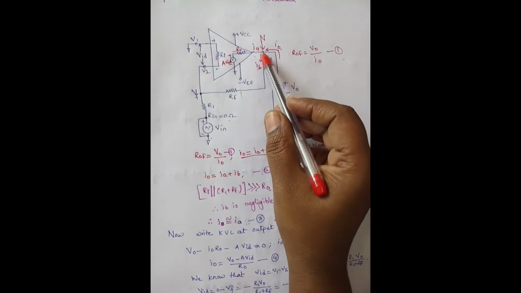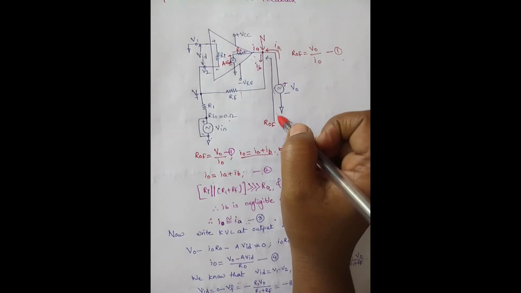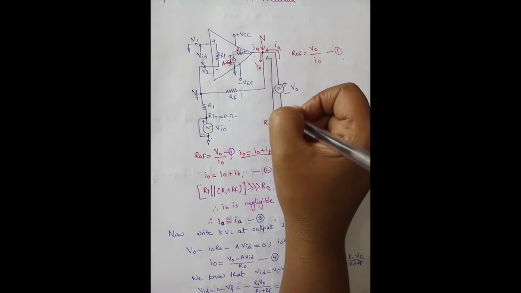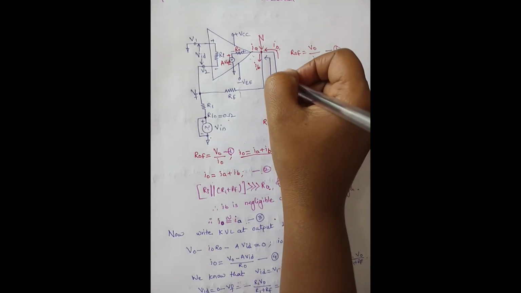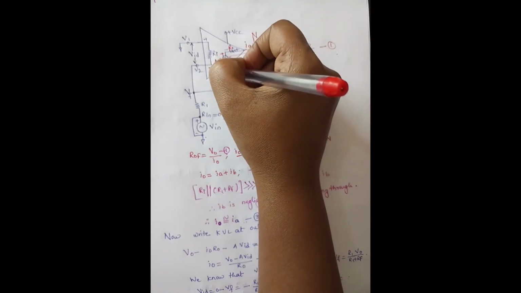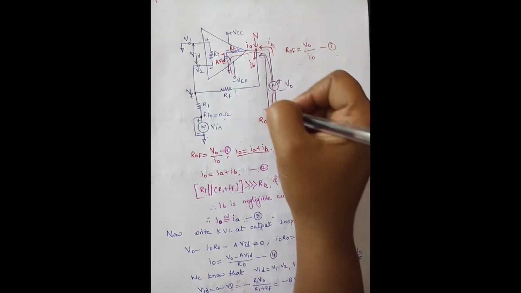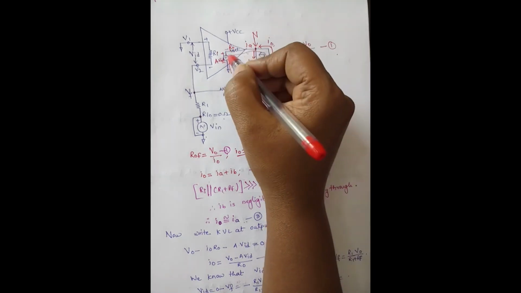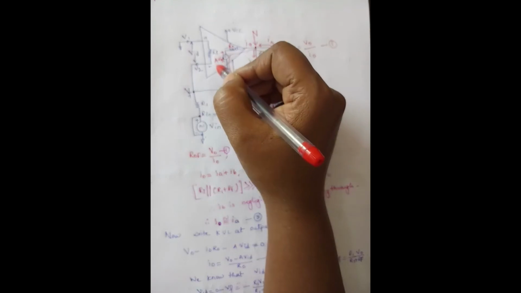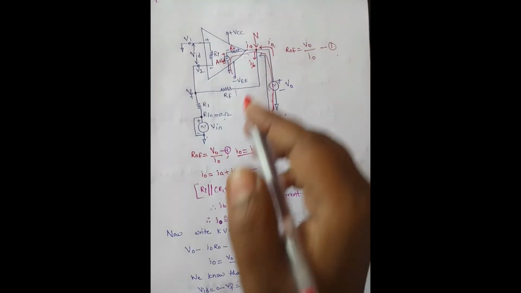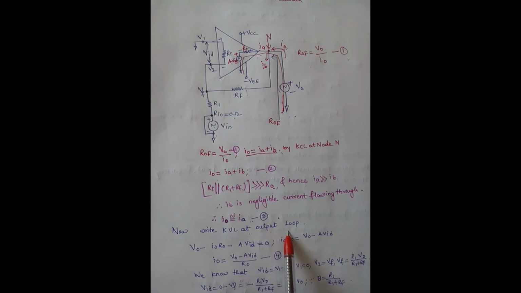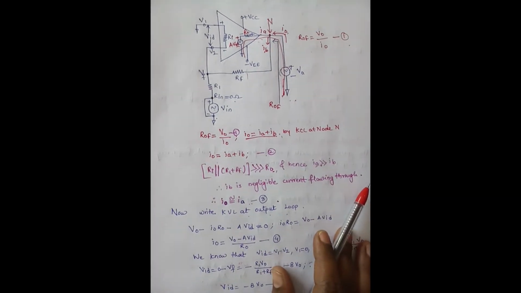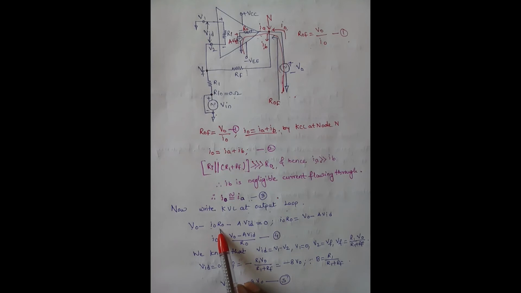Okay. Now we have to write Kirchhoff's voltage equation, KVL, for the output loop of the op amp, that is starting from this to this. When we are writing KVL for this loop, we can write V0, the voltage at this point, minus the voltage drop across the resistor R0, minus the Thevenin's equivalent voltage drop. So when we write KVL at the output loop, our equation will be V0 minus I0 R0 minus A into VID is equal to 0.